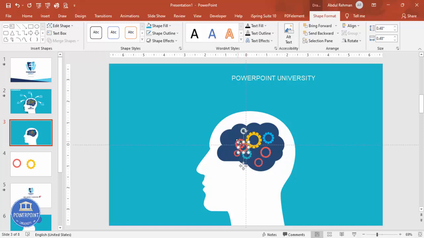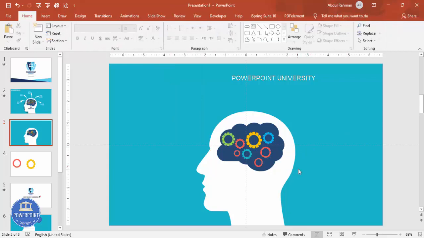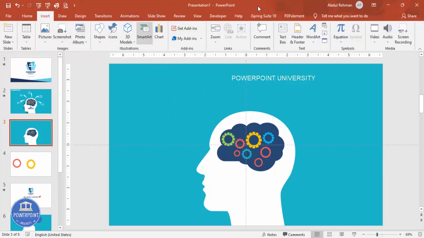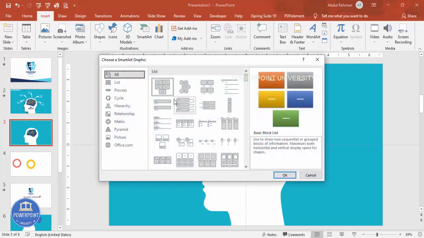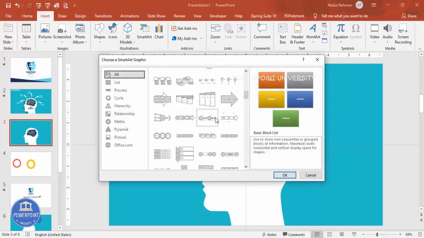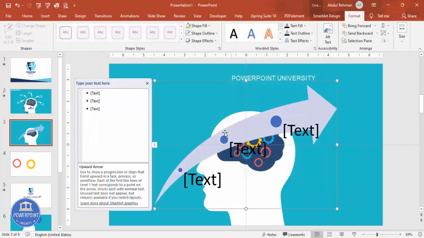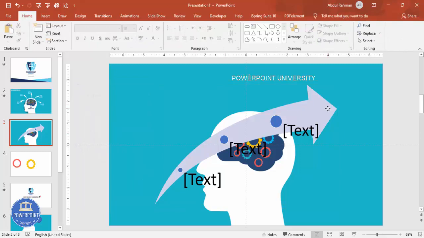Then I'm just going to add one more bigger one here. Let me just put it here, and I'm going to give maybe a green color. Like these gears you can create, and then you can add the arrow also. For that arrow, go to the SmartArt and scroll down for the arrow. This arrow you can see here, click OK, and I'm going to select this arrow, press Ctrl C, click outside,